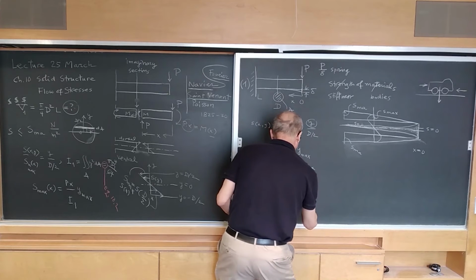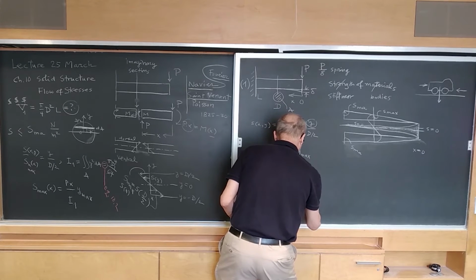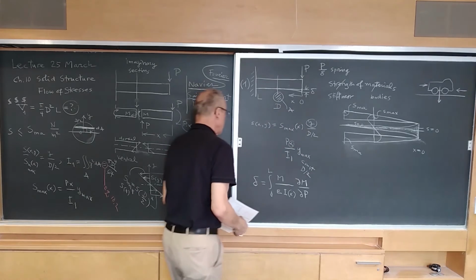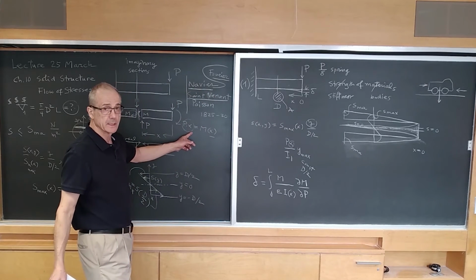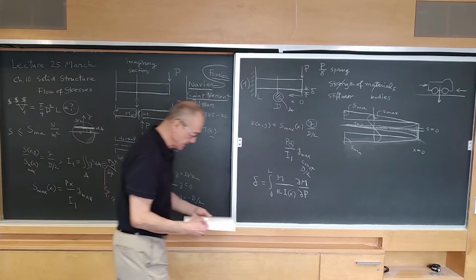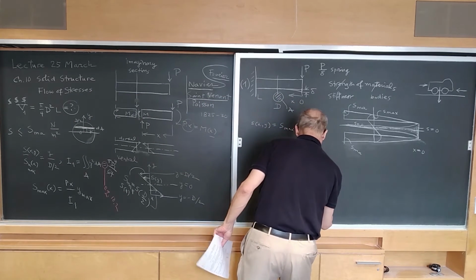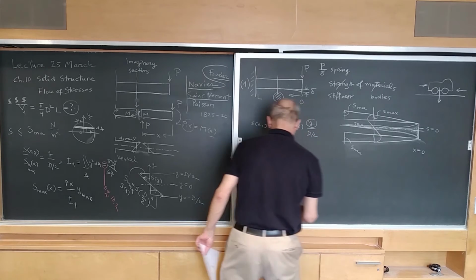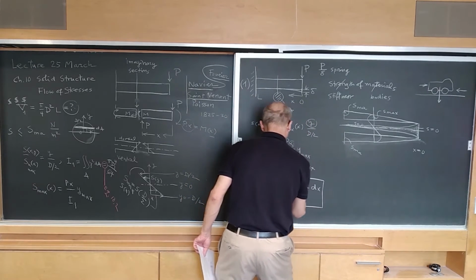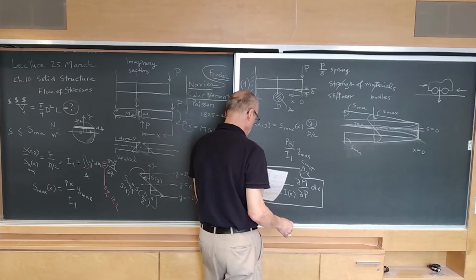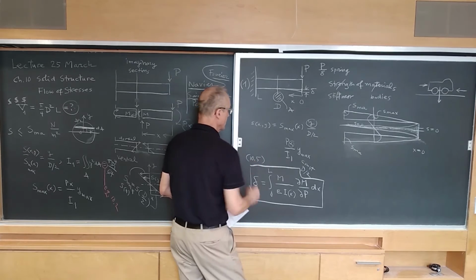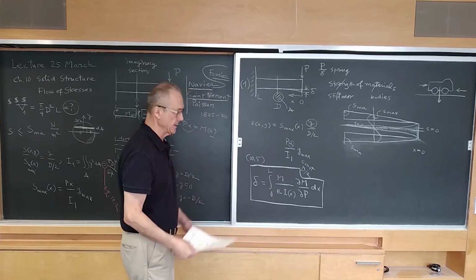And then the derivative of M with respect to P. Here, that would be an easy thing to calculate. The derivative of M with respect to P is x, and then dx. This is a general formula that in the book is called equation 10.5, and we will be invoking it